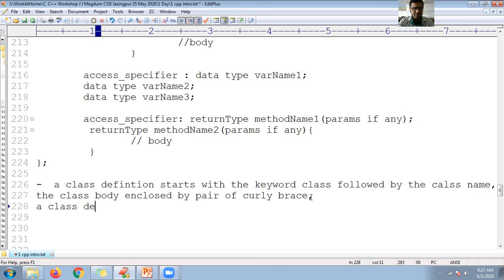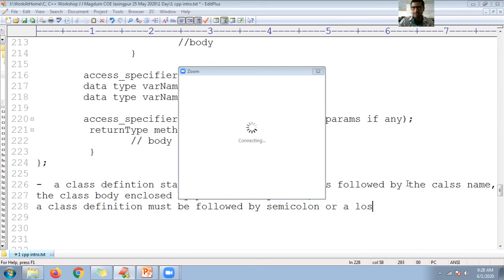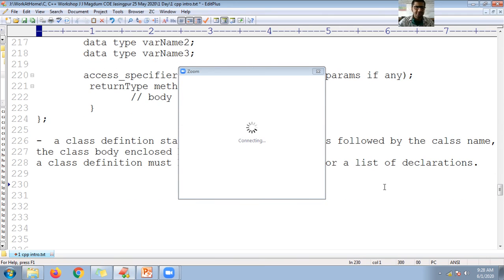A class definition must be followed by a semicolon or a list of declarations. Okay, fine, guys. List of declarations.